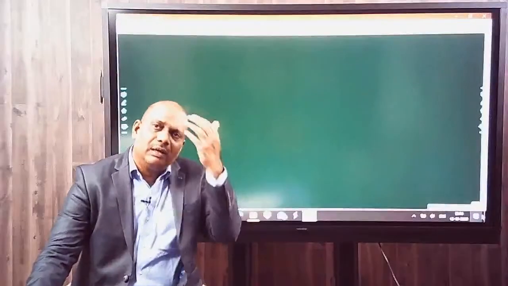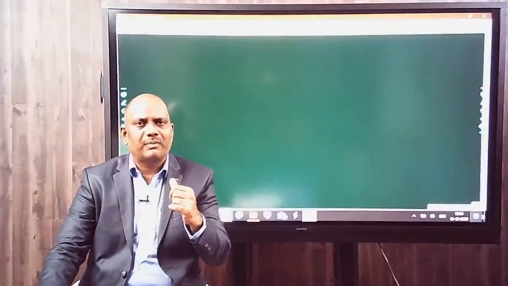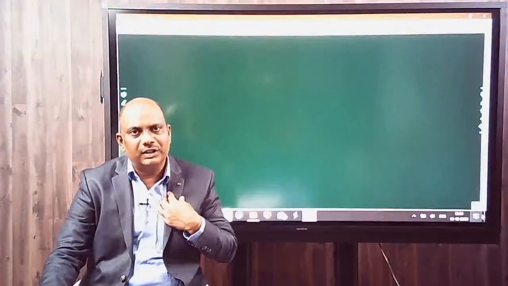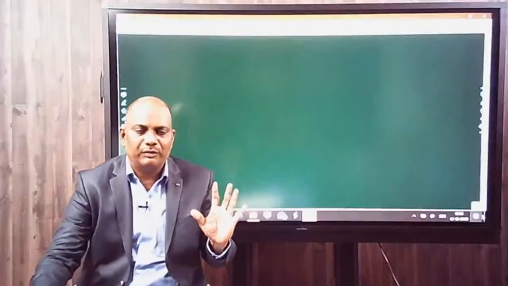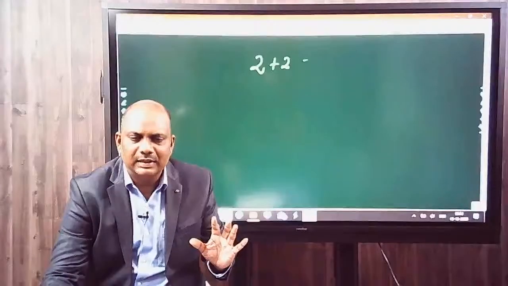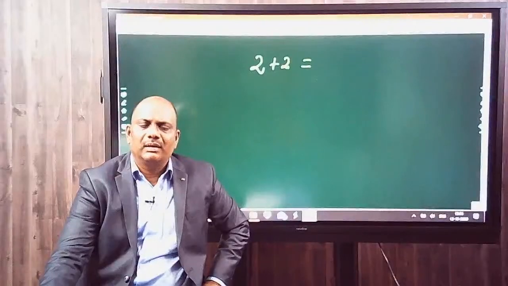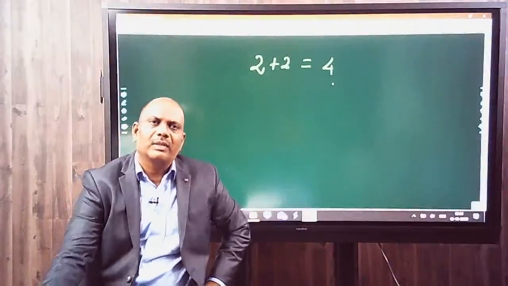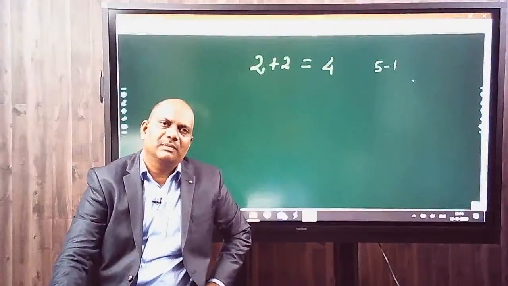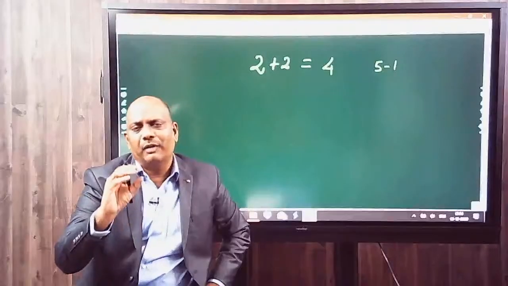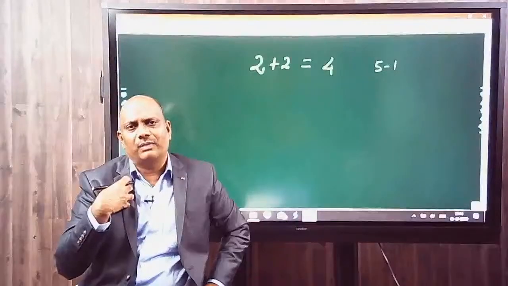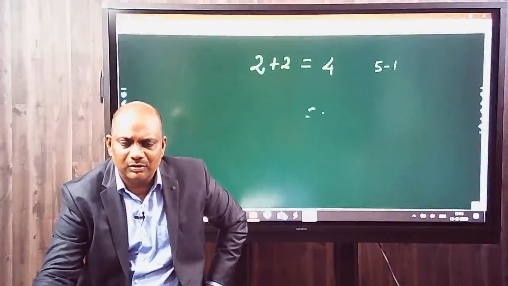if he is a commerce student and he studies anthropology, he will just follow what we are teaching, or at least what is there in the book. So if you ask them to write 2 plus 2 is equal to, better he can write 4, or somebody may write 5 minus 1 to impress the examiner. But the same thing, if you ask a person from medical sciences or a person from a biotechnology background to write, they will write this is equal to